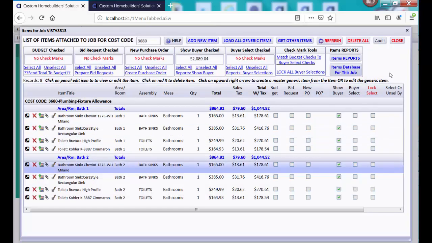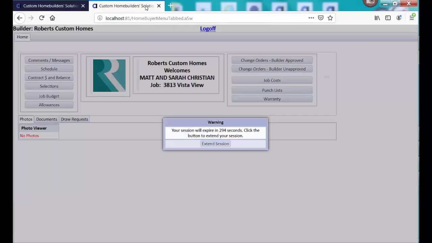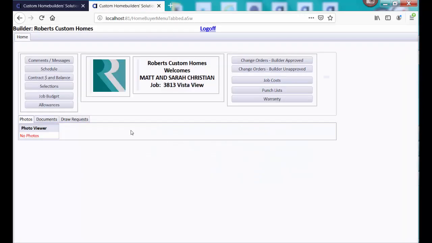So I'd like to show you the buyer being online now, and I have that already open. The buyer's already logged in. I almost let it sit idle too long there, but this buyer is logged in. They were set up on the job setup window, and that will be in all the job setups or buyer online videos. So all we're going to look at here on the buyer login is the selections,